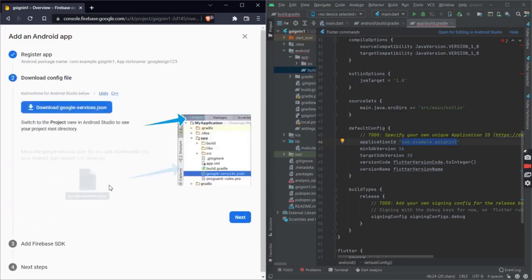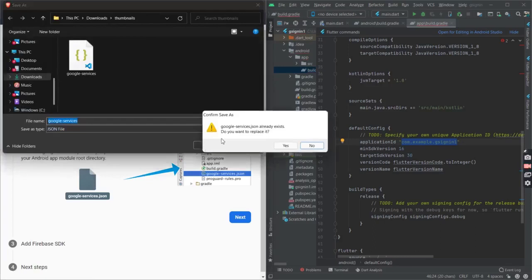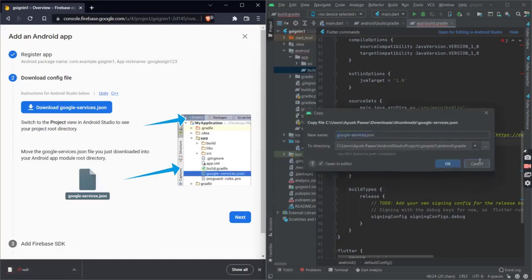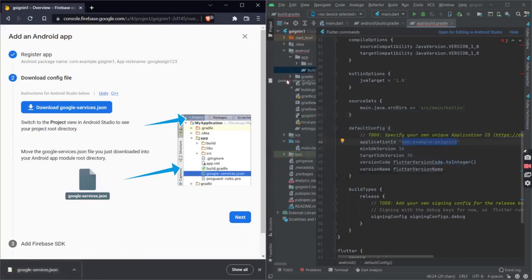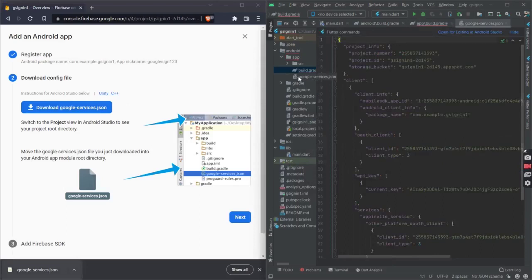It's registering. Yeah. So now the next step is to download the google-services.json file. So we'll download it, and basically, I already have one, but I'll just save. Yeah. So I've saved one. Now we have to place this google-services.json file in our app folder. So here, yeah. As you can see, the google-services.json has been added into the app folder, right? Now I press on next.